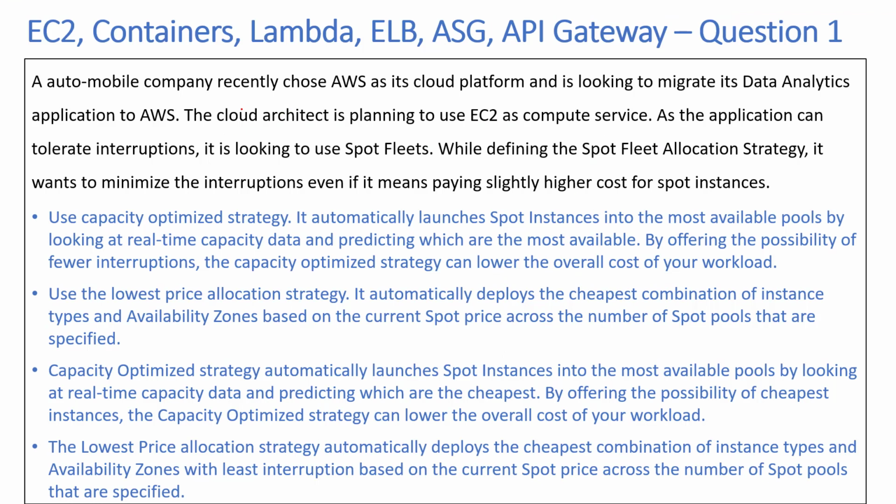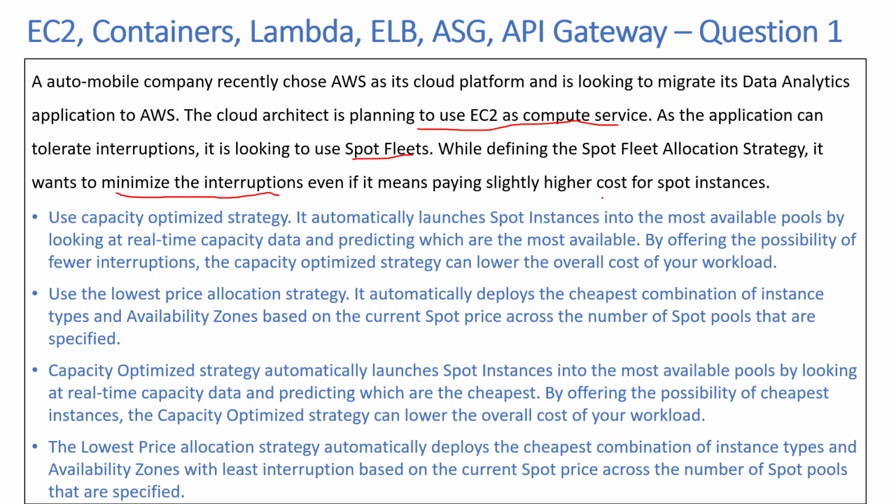So you have an automobile company that recently chose AWS as its cloud platform and is looking to migrate its data analytics application to AWS. The cloud architect is planning to use EC2 as a compute service. As the application can tolerate interruptions, it is looking to use spot fleets. While defining the spot fleet allocation strategy, it wants to minimize the interruptions, even if it means paying slightly higher